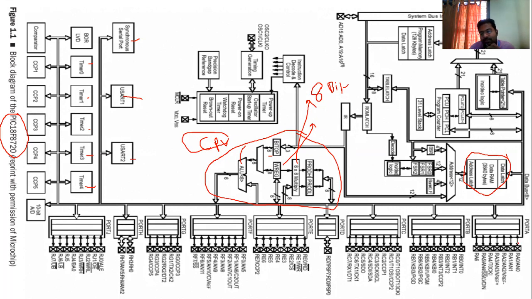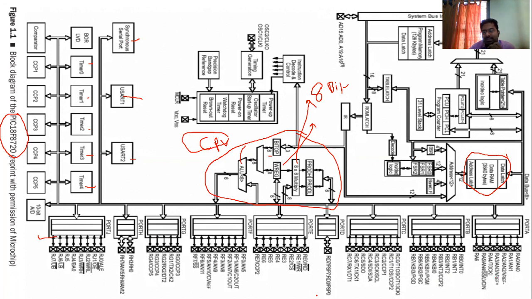These are the ports: port A, port B, port C, port D, port E, port F, port H, and J. It continues up to J, not limited to this, because these ports mainly depend upon the number of pins. You know that we have a 28-pin PIC, a 40-pin PIC, a 16-pin PIC, an 80-pin PIC. Based on that number of pins, the ports are considered. So the ports change, but the remaining structure is almost all the same.